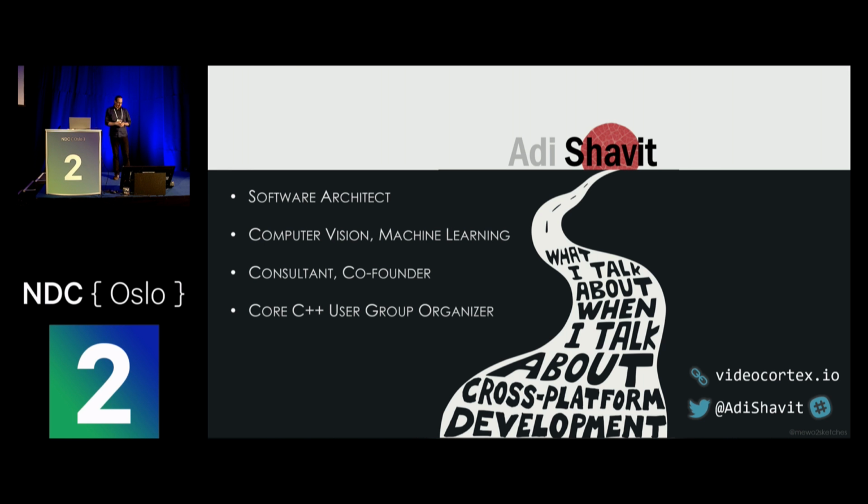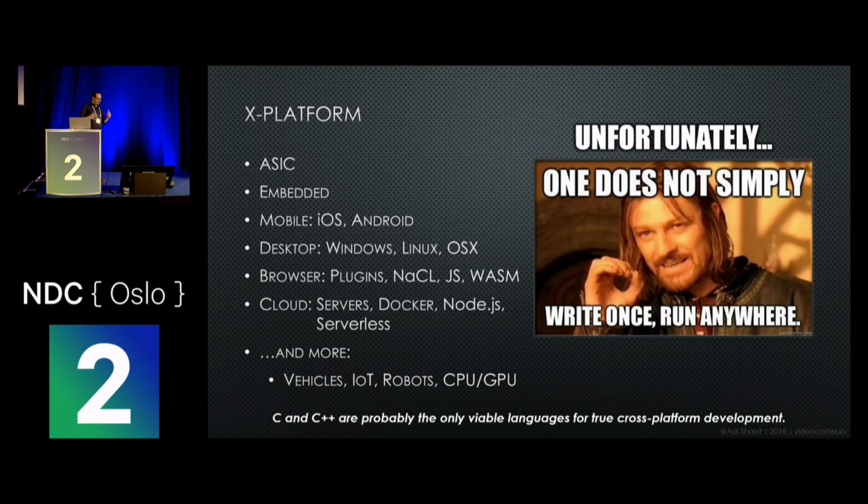Now, as a consultant doing a lot of very deep and core technology and algorithms for, as I said, computer vision, machine learning, many of my clients need to target multiple systems. And in that capacity, I often come across the need to work across multiple platforms. And before we talk about how we do it and how we structure our code, let's think about what cross-platform actually means. And if I try to go from the lowest level up to the higher levels, then possible platforms